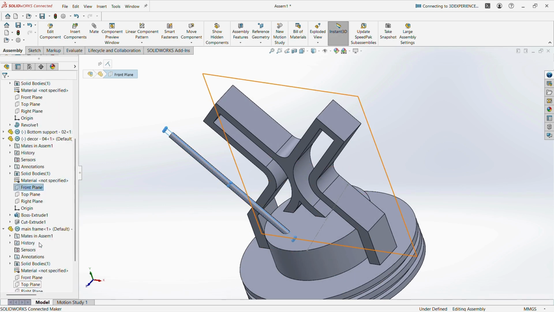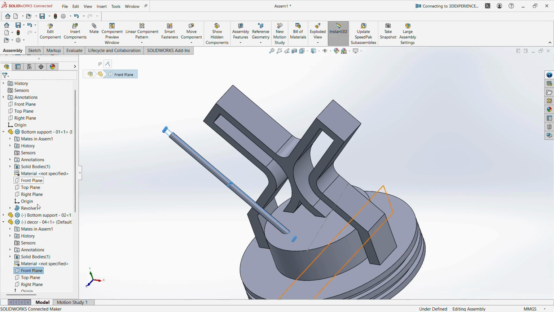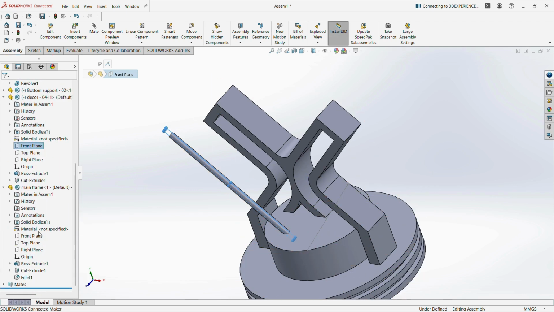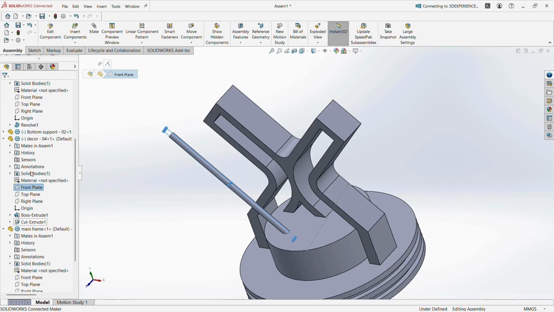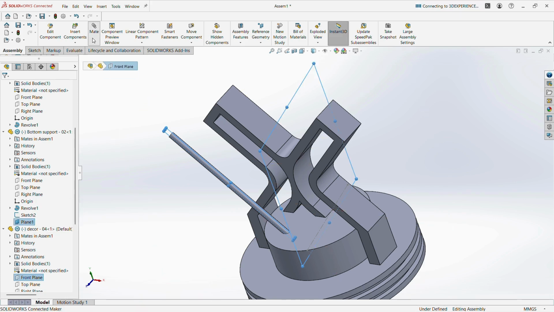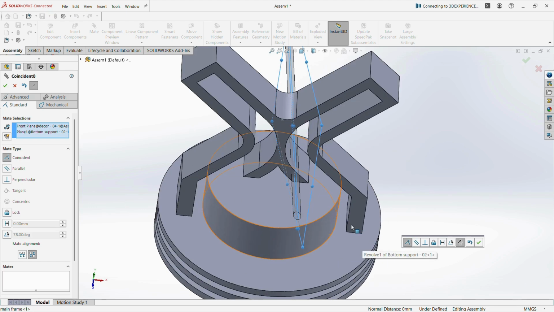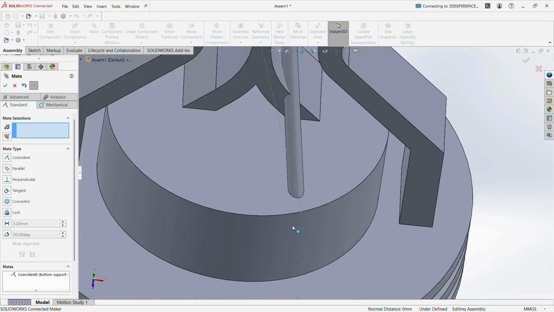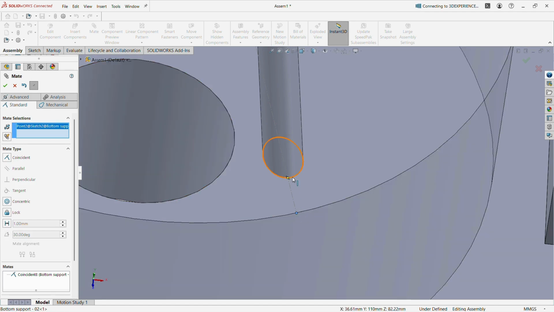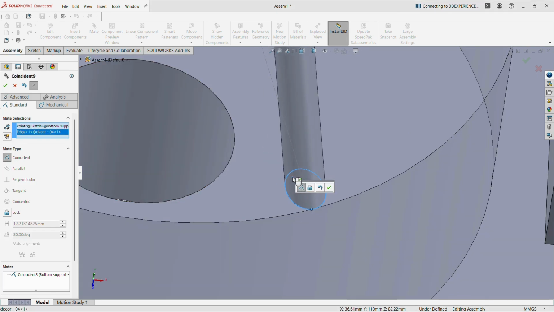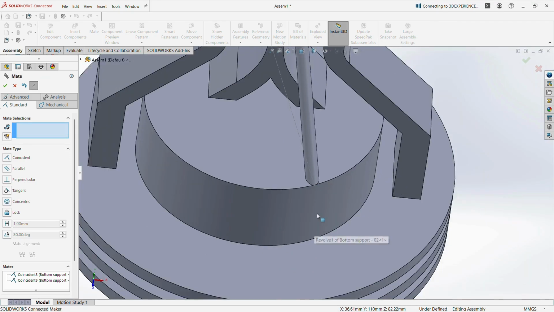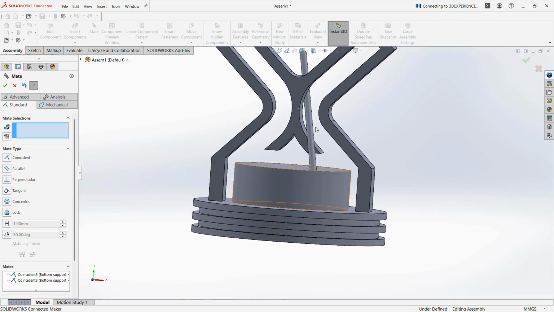Then select a new plane type on the bottom support 2. So just go to the top of the specification tree, then select bottom support 2 and choose this plane holding your control button. Then prefer the mate type. Almost it is mated with this exact position. Now check OK. Afterwards, we just position this overall model. So select a point as well as the edges to mate it equally. Once it is perfectly mated,